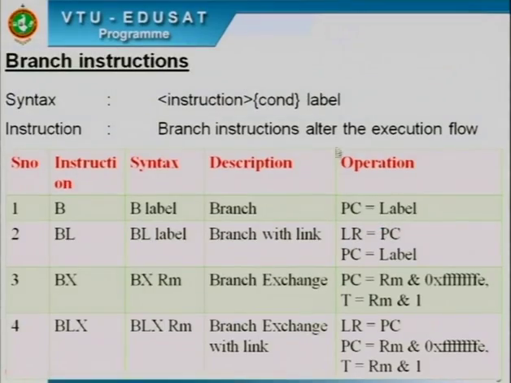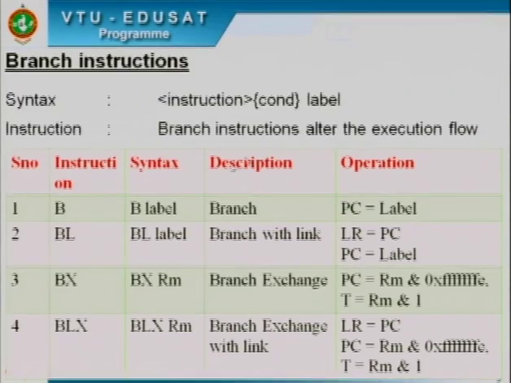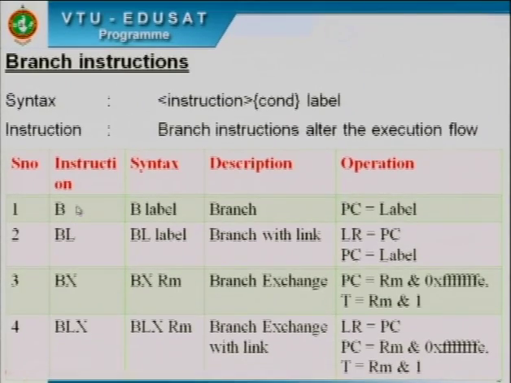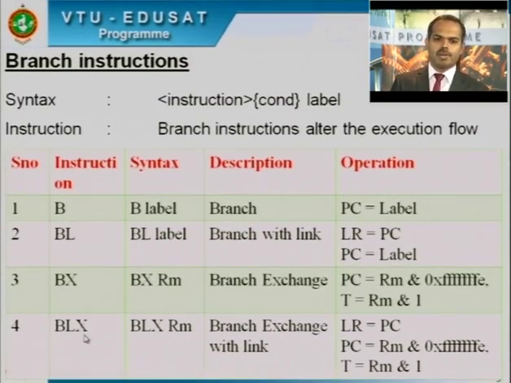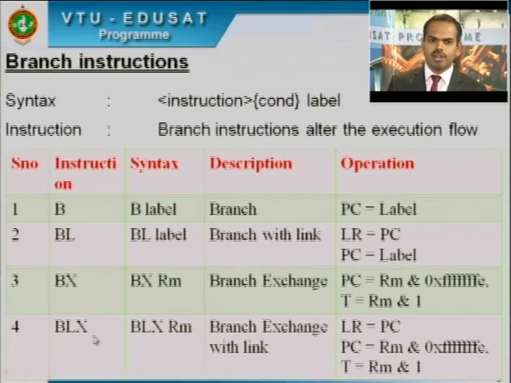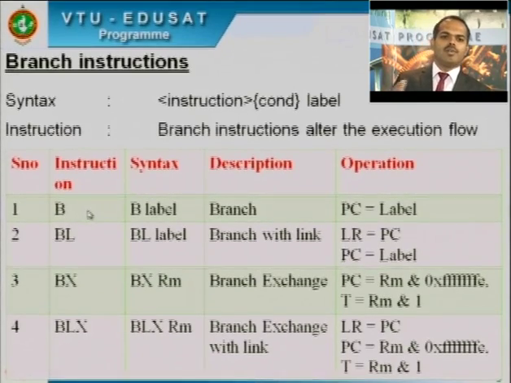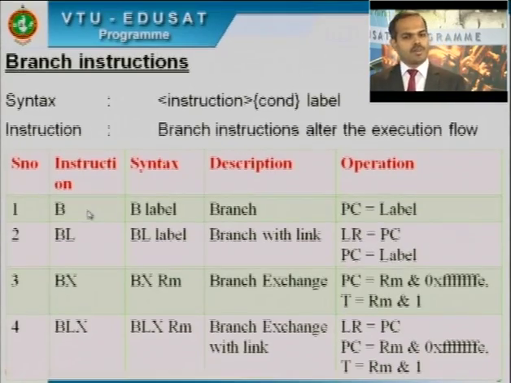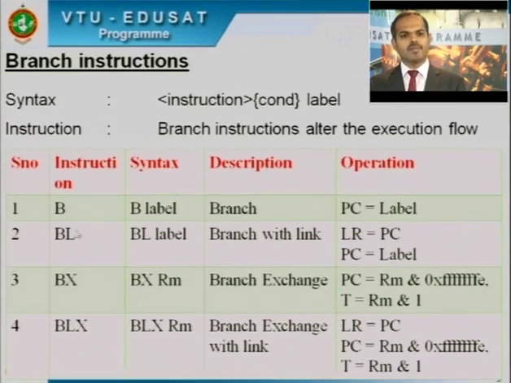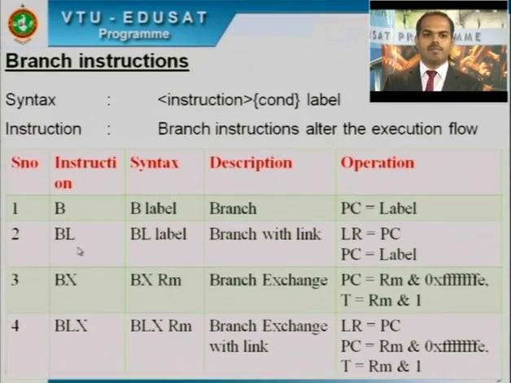So to conclude over the branch instructions, there are 4 branch instructions: B and BL, BX and BLX. BX and BLX are used for processor state changing. B and BL instructions are used for branching. B is used for branch or jump. It is very similar to the jump instruction in other processors. BL is branch with link. It is very similar to the call instruction in other processors. That helps in implementation of subroutines or functions.